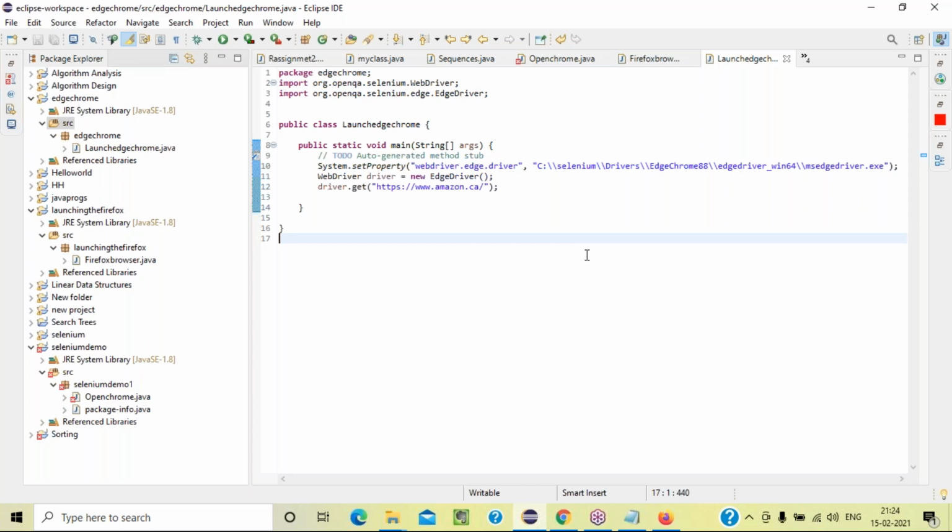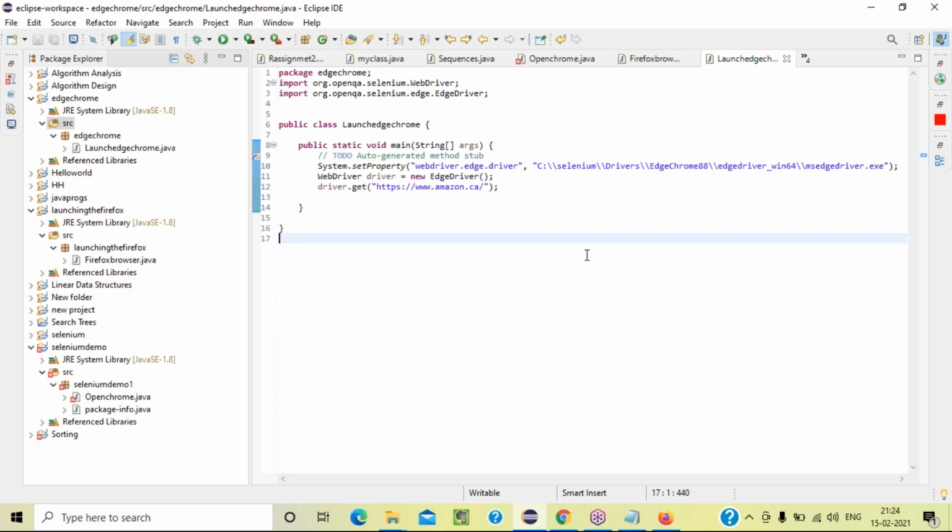Okay. Is it clear? Is anyone still lagging to launch the browsers? Anyone? No, sir. Okay. Guys, everyone requires practice, because this is a very important one. This is the first step. I hope everyone is doing it right. Tomorrow, if you are good in this area, we can go with the browser commands. There are a few browser commands, so we will work on them.